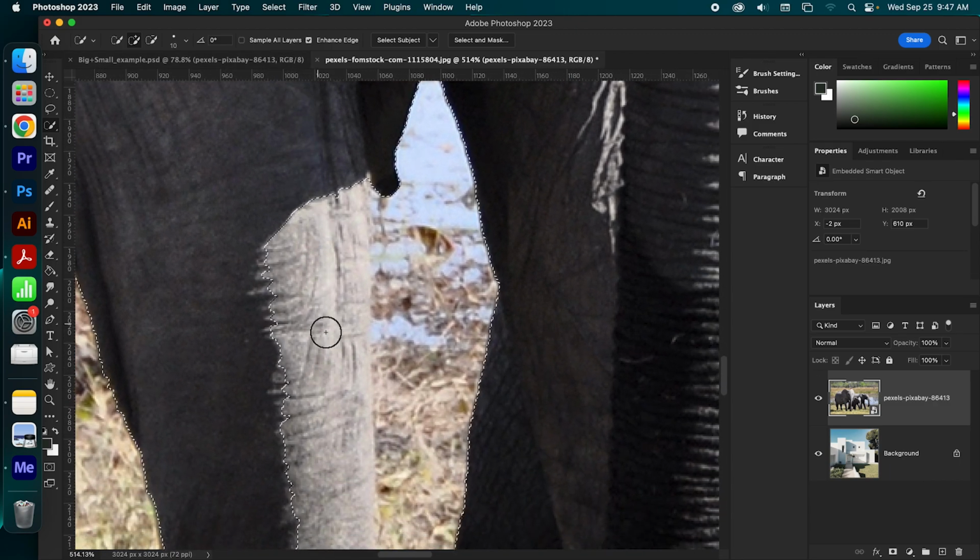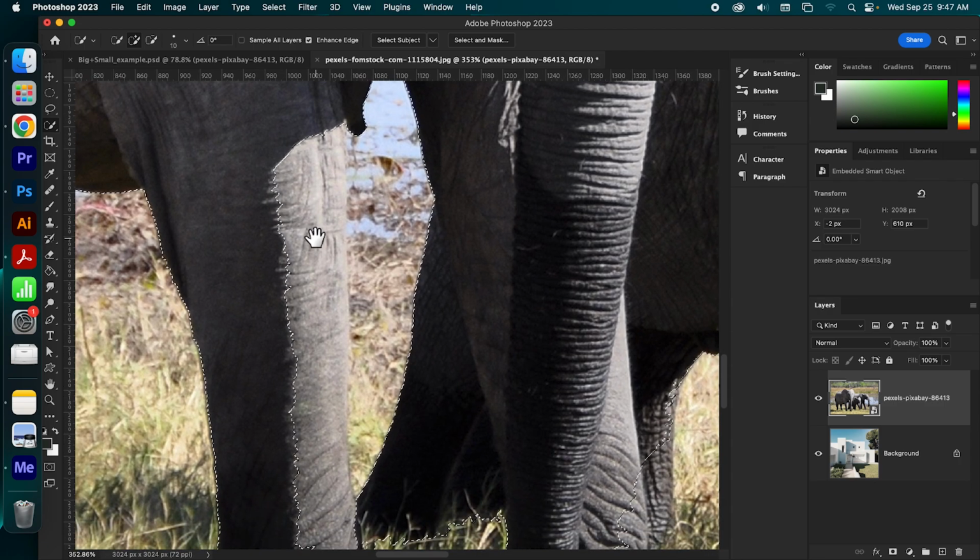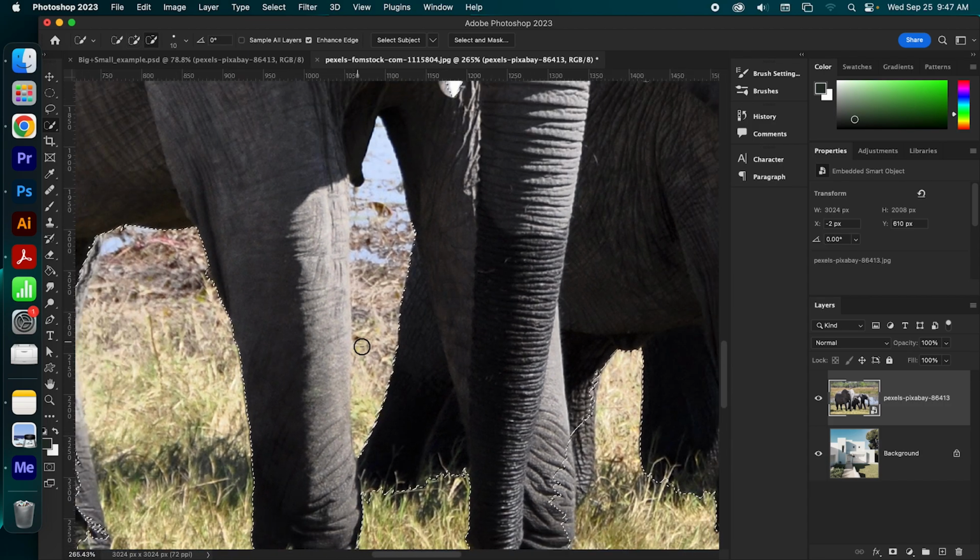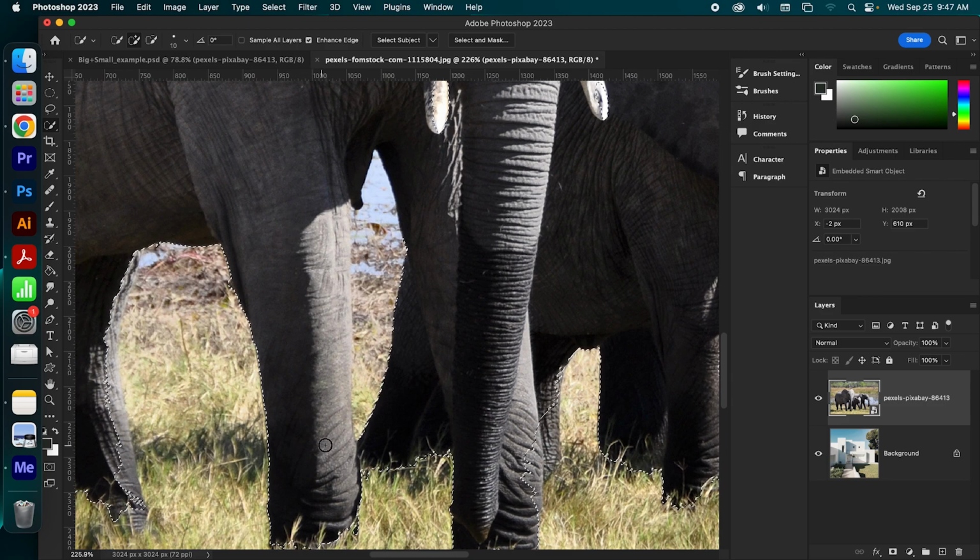So I want to add this part of the leg to my selection. So I'm just going to click and drag, and much like a brush, it's going to select what it thinks I want selected.